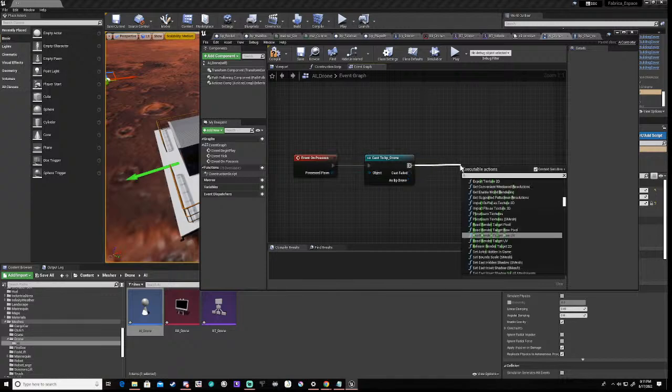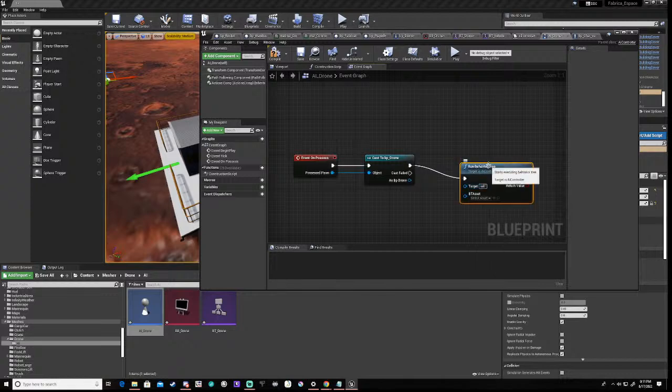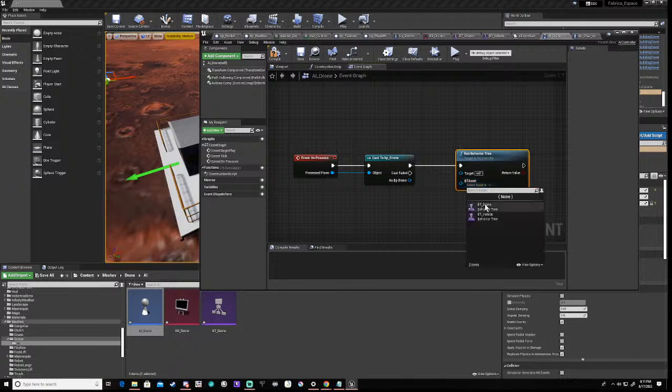We say run behavior tree and it's PT drone. We should have the AI